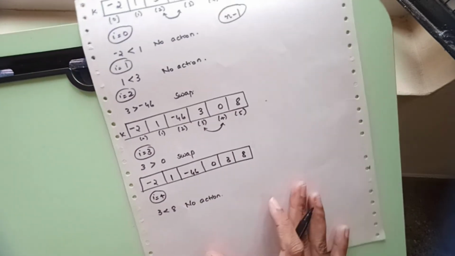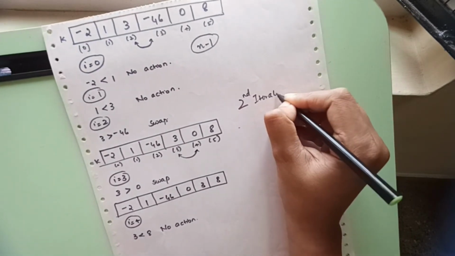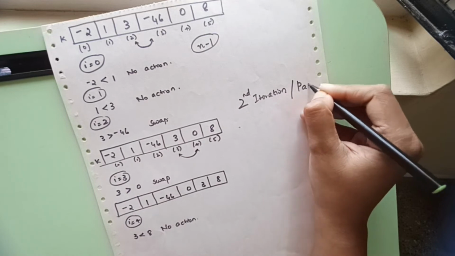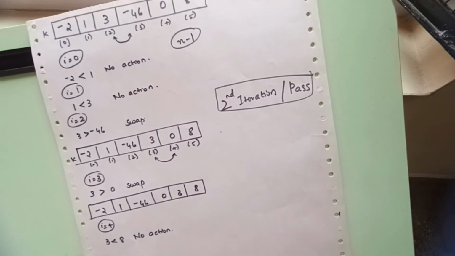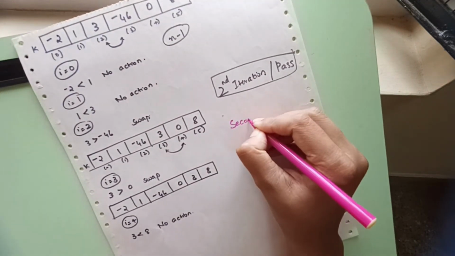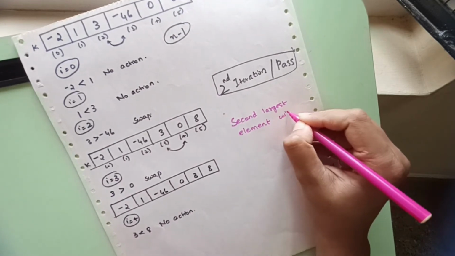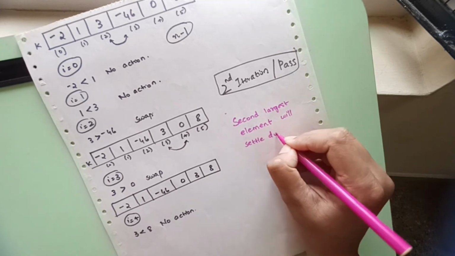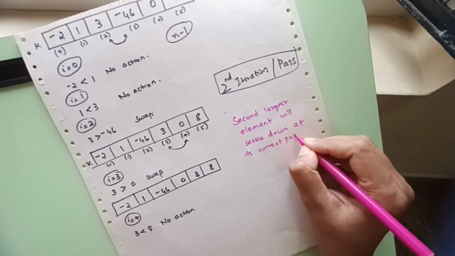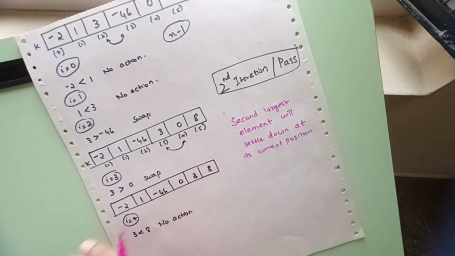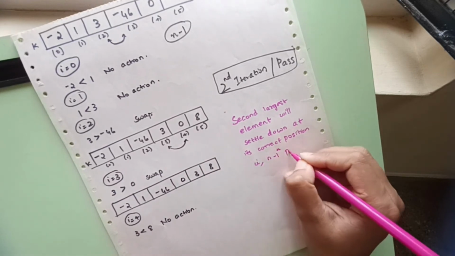Okay, so by this we have completed the second iteration, or second pass. So what happens after the second pass? After the second pass, the second largest element will settle down at its correct position. Which is the correct position? When we are writing in ascending order, it will be the n minus 1 position,